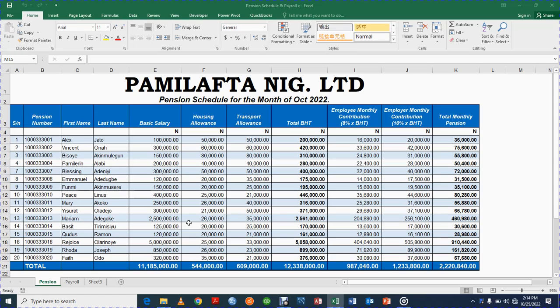Now, if you noticed in our last video, there's a column where we calculated pension, but that column is only reflecting the deduction for the employee. Now, this is what I mean. If you look at this schedule right here, you discover that the employee monthly contribution of pension is 8% of the basic, housing and transport, but the employer's contribution to the pension of the employee is not reflected in the payroll. And the reason is because a payroll is